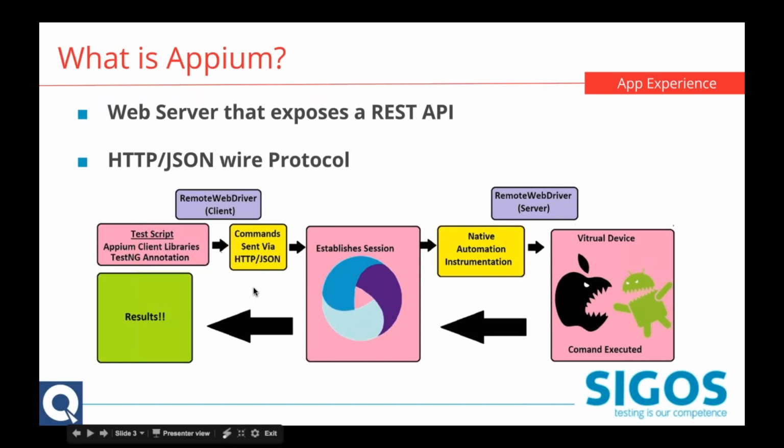This graph represents a local Appium setup. What SIGOS App Experience has done is take two thirds of it, and your automation script is speaking directly to the Device Anywhere Studio, and that's what's responsible for starting a new session, selecting any of the devices that we call in our test script, and sending our results back.